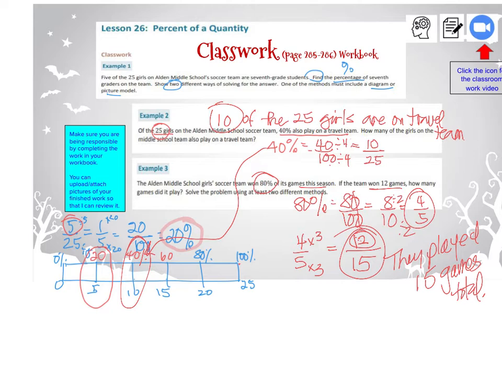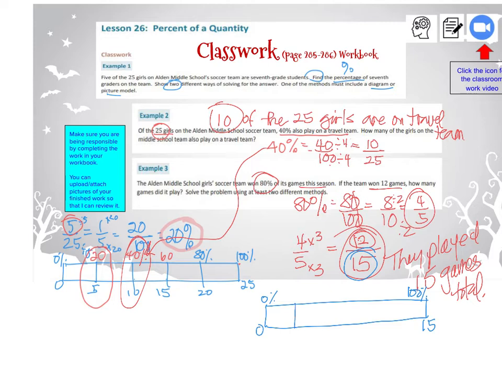And then it said solve it doing with 2 different methods, and I showed that using just mathematics. I'm going to go up here. I'm going to draw, because sometimes my work is not super neat. So here's 0%, and I'm going to go all the way to 100%. Okay, and then I've got my 0 here. But now my total, now that I figured it out, was 15, right? So if I go, let's see, how can I count? You know what? We have 3, 4, 5. Let's go